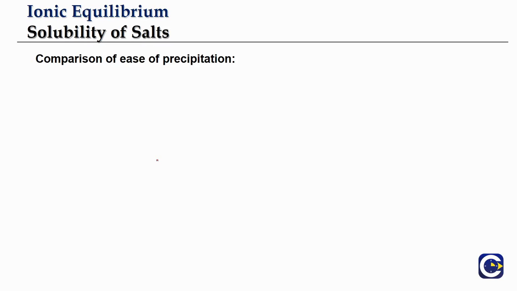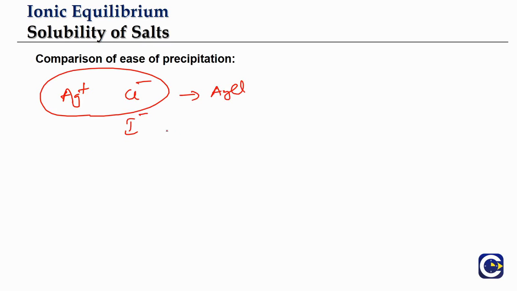So to make this a little bit more clear, let's say for example we have Ag+ ions, Cl- ions, and I- ions. When we look at Ag+ and Cl-, this can lead to the precipitation of AgCl. When we look at Ag+ and I-, this can lead to the precipitation of AgI. Now if these three ions are present, which of them is going to be easily getting precipitated? Or we can talk about even multiple.